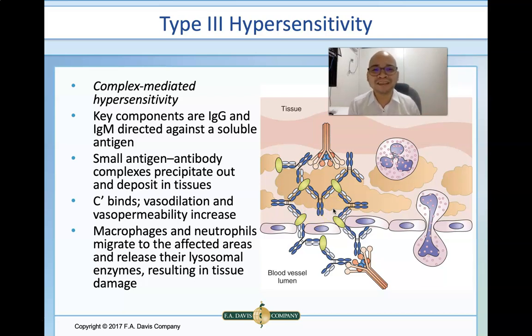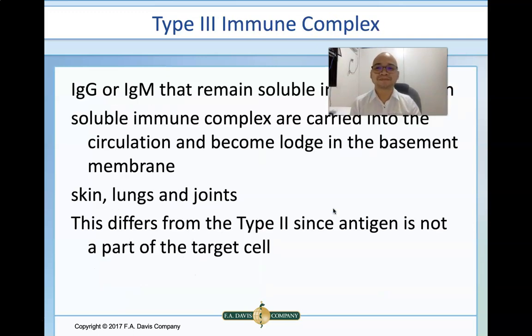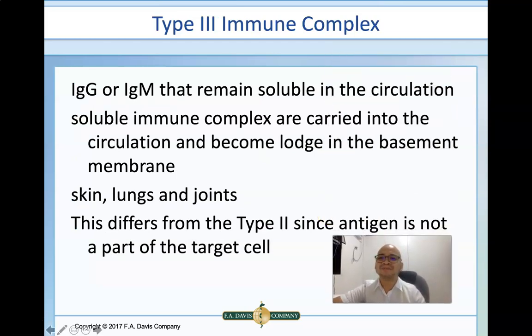Vasculitis is an inflammation of the blood vessel. And vasculitis is the manifestation of Arthus reaction, and Arthus reaction is the first experimental procedure done in animals to demonstrate type 3 hypersensitivity reaction. Okay? So, in type 3, or the immune complex,